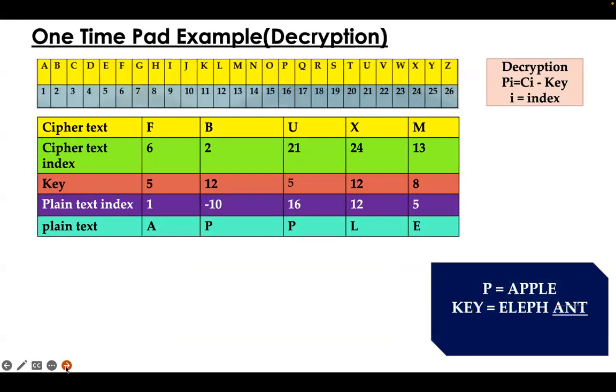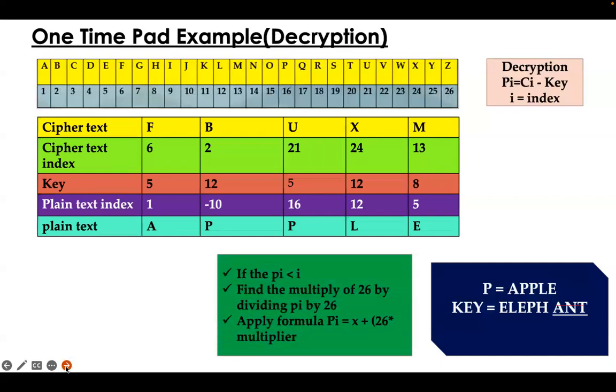For the decryption method, the rule is ciphertext index minus the key, and it is all the same as the Caesar cipher method. For F, our plaintext index is 6 minus 5, which is 1. For B, 2 minus 12, which is negative 10. For U, 21 minus 5, which is 16. 24 minus 12, which is 12. And 13 minus 8, which is 5. So, for 10,